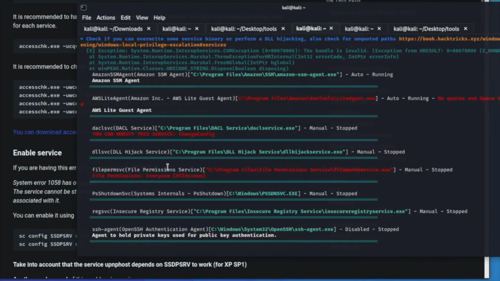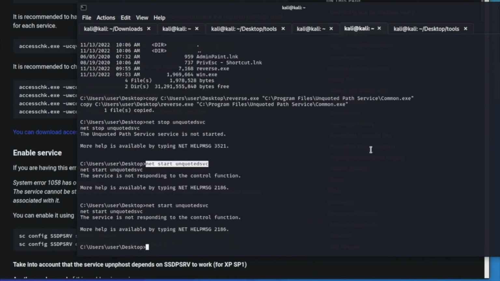And what we need to do in order to modify this service is very similar to what we see right here. So I'm just going to go ahead and copy this so I have it to my clipboard, and we're back over here on the user desktop. So what we will do is type in this sc config. We're going to paste in what we just copied, and then we're going to tell it we want this in our bin path. And then we're going to put our actual reverse shell in the bin path, which is inside